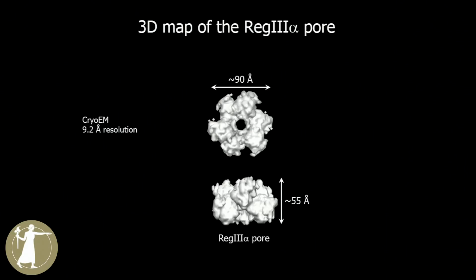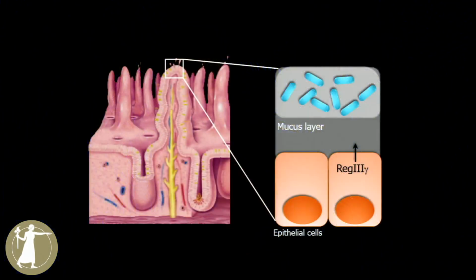And the time went very fast, so I'm going to speed up and tell you what I think is the most interesting part of my story. So we know a lot about how this protein kills bacteria at a biochemical level. But the bigger question was what's actually going on in the mouse or in a human. So how is it actually defending the epithelial surface? So to understand this question,